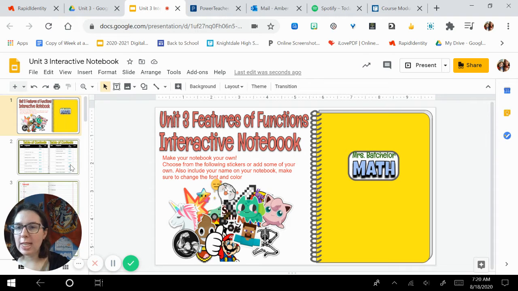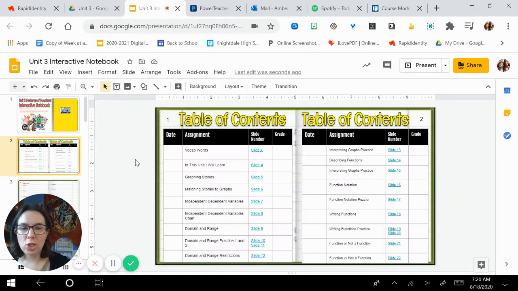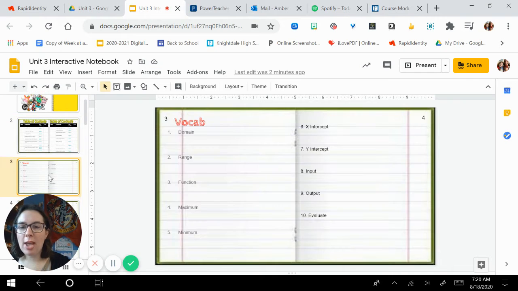Everyone, this is the first part of our Unit 3 Features of Functions Interactive Notebook. I wanted to let you take a look before I start going over the first lesson. This is our table of contents. As you can see, there is a lot in this unit. There are a lot of skills that we have to go over. And then we have our vocab words, and you can find that on the assignment page for this module and